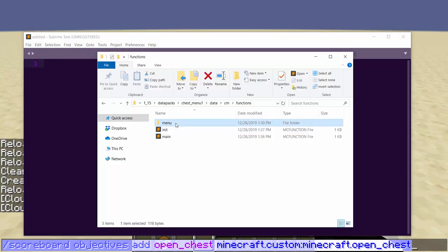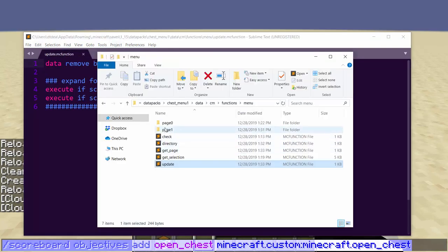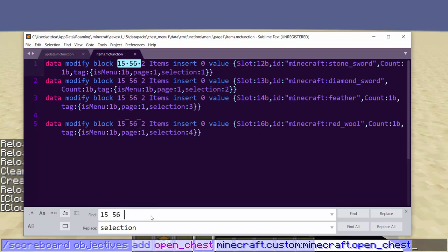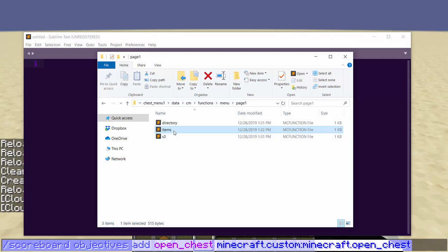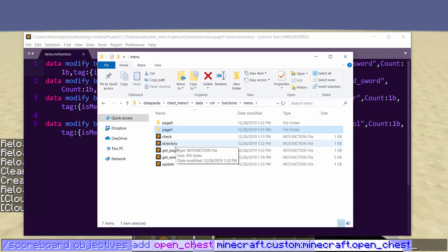Now for yours, what you're going to have to do is under update, you need to change these coordinates to whatever your coordinates are, and all of the items pages, you're going to have to change the coordinates to whatever yours are. Just use control H to replace 1556 2 with your coordinates X, Y, Z. You could do tilde and have entities that mark where these special chests are, which is fine. But this is where we talk about adapting this to what you want to do, because I know that there's different things that you could do, like an entity chest or ender chest or a